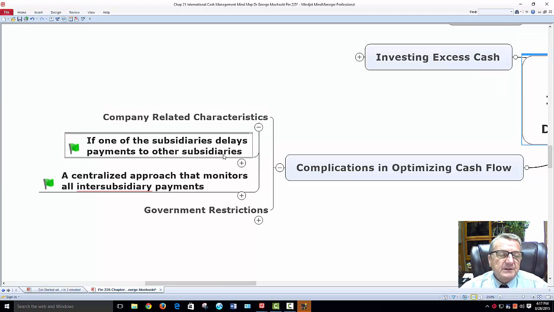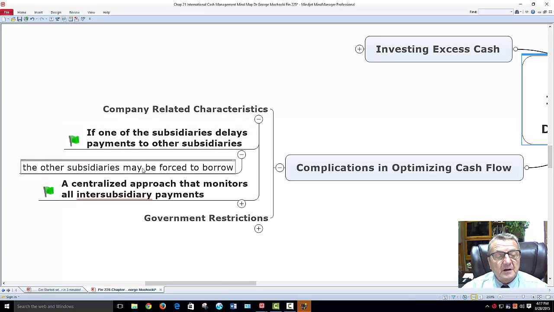All right, so let's go into here. If one subsidiary delays payments to the other subsidiary, because that's a relationship they had, the other subsidiary may be forced to borrow. It could do it internally, it could go on its own loan, or it's going to go to the parent company and say, hey, Mom, Dad, I need some extra cash. I don't know why. Joey was supposed to pay me, but he didn't pay me, so I need some cash. And I go, Joe, I missed him, and I had a bad thing or something else. Why didn't you tell me?